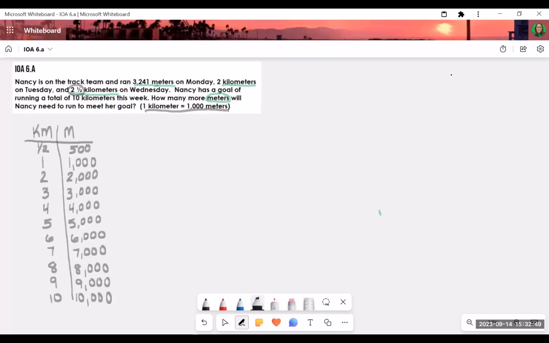Now, the next thing I'm noticing about this problem is there's a lot going on. There's many steps. So I like to create a bar model to kind of help me visualize what's happening in the problem. So the first step is just to figure out what is the distance she's already run. Like, I know her goal is to run a total of 10 kilometers per week. That's her goal. But how far has she already run? So she's ran